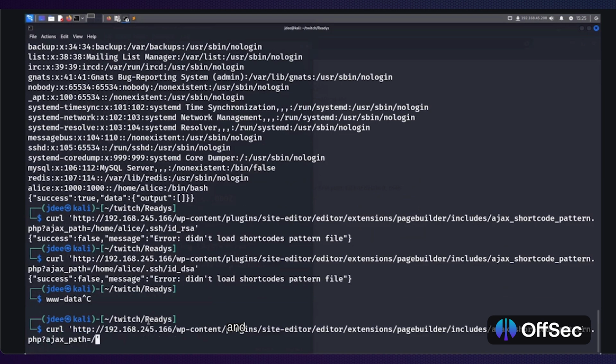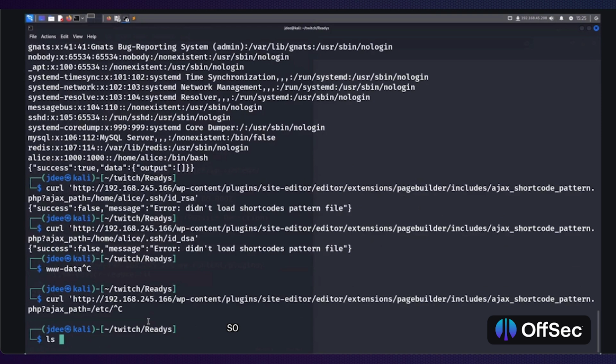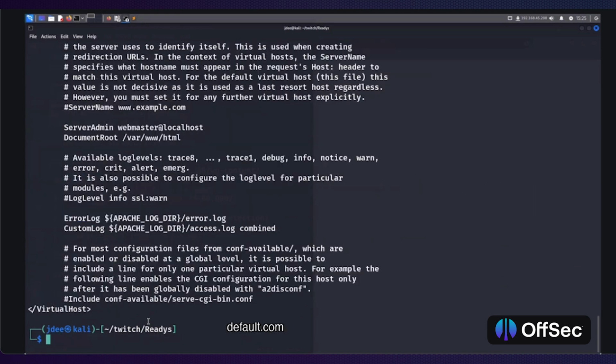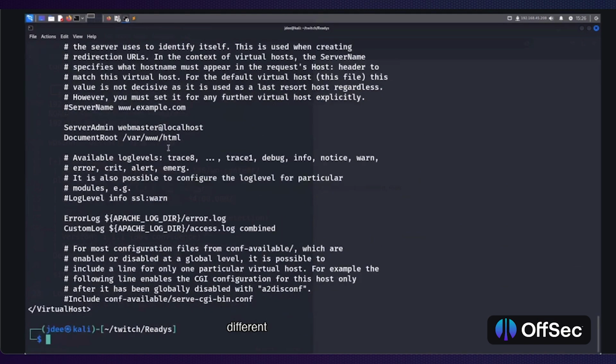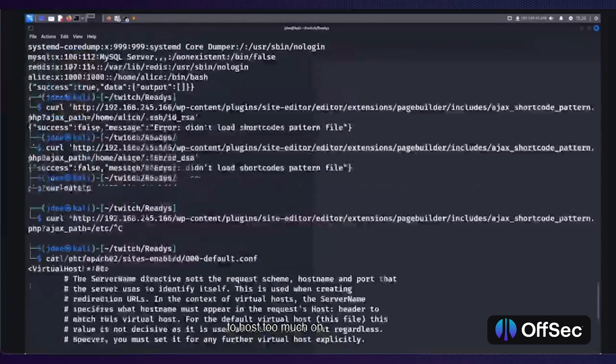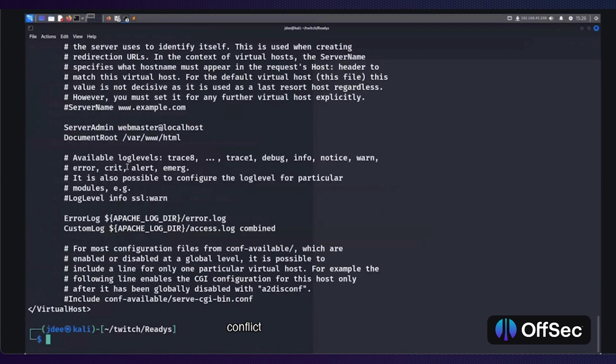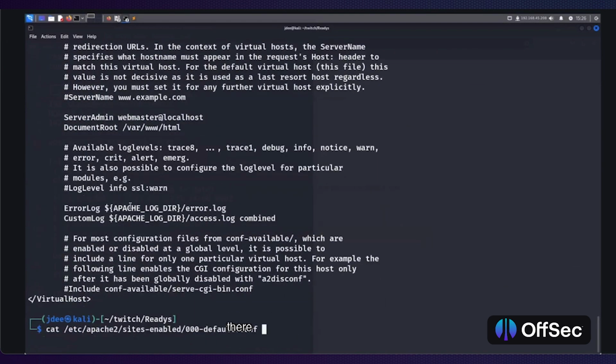And next up, what we can do is maybe check the Apache config. So let me show you guys where the Apache config is in my local Kali. I can just do sudo, /etc/apache2/sites-enabled/000-default.conf, and I can just do cat. So this is basically how an Apache config looks. And this config basically contains the different virtual hosting, if there is any. So for example, if I decide to host two virtual hosts, I have to mention that in this config. But let's see if that's the same case in